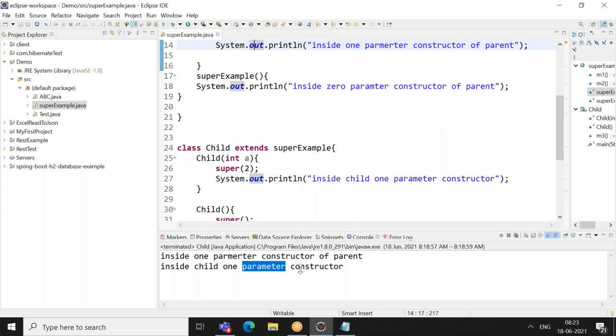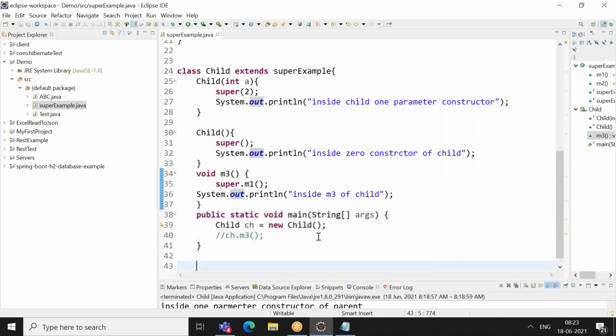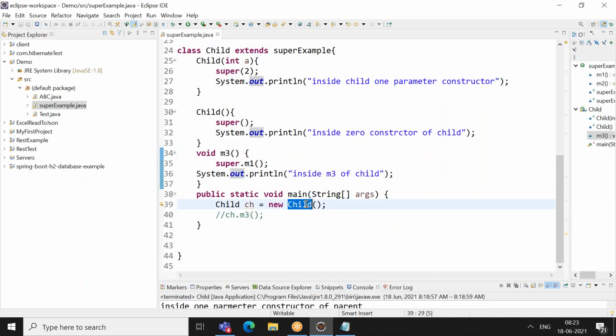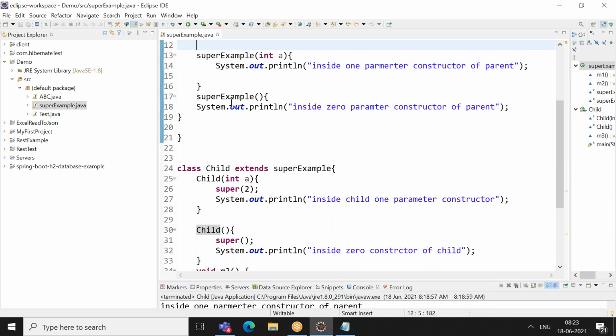I have a zero parameter constructor I'm creating, which will call this zero parameterized constructor, and here I'm choosing super, which will call the parent class constructor. So I have a parent class constructor with zero parameter. Can you tell me what is my output?